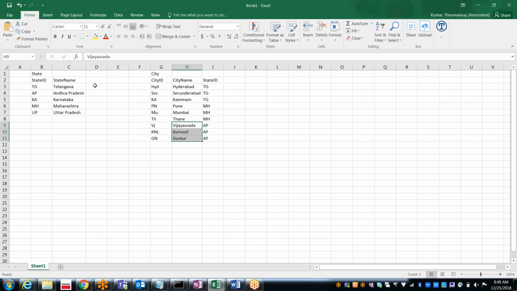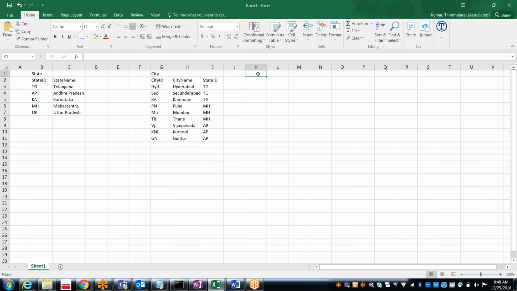In case I select Telangana, I should get the state ID of TG, and then for this particular TG, what all cities are there? These three, so you should populate these three values. Understood, right? This is the way we need to implement the functionality. So we should have two data types, one for state and the other for city.